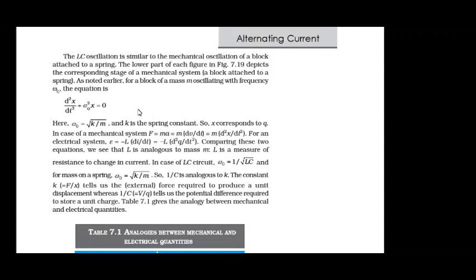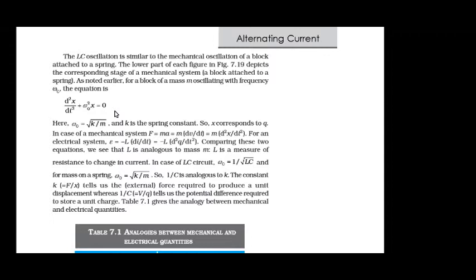the equation is d2x upon dt square plus omega naught square x is equal to 0. Here omega naught is equal to under root k by m, and k is the spring constant. So x corresponds to q. In case of a mechanical system, F is equal to ma, and a we can write as dv by dt. Again we can write m d2x upon dt square. For an electrical system, E is equal to minus L di by dt, is equal to minus L d2q by